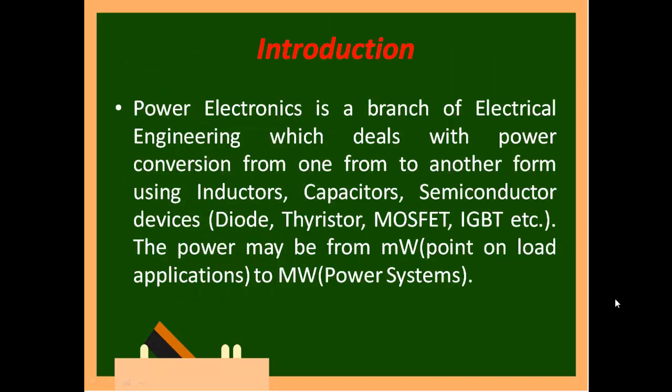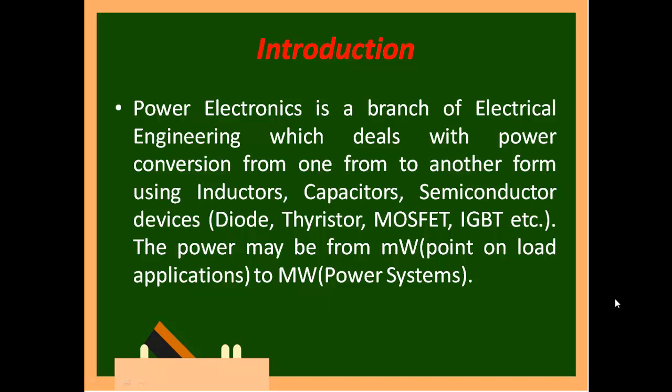Before going into 2 pulse, we should be very clear why you are reading a subject called power electronics. Power electronics is a branch of electrical engineering which deals with power conversion from one form to another, here from AC to DC. In AC, when you want to increase or decrease the voltage, you have a device called a transformer. But in case of DC, when you give the input to the transformer it will not work. It will go to saturation and the output will be 0. So I cannot use a transformer in case of DC for stepping up or stepping down.